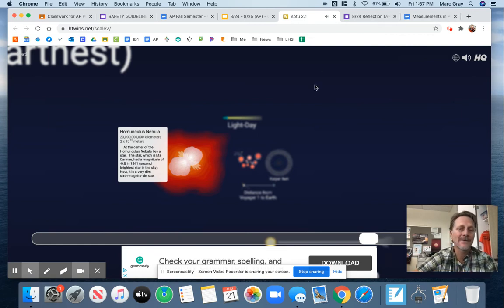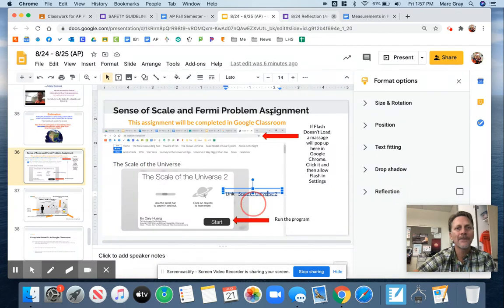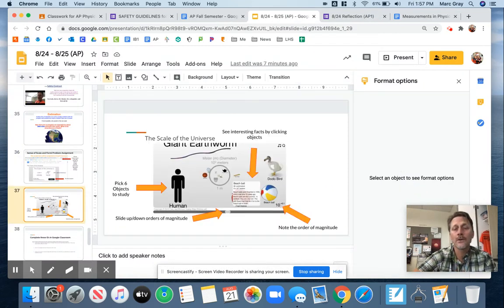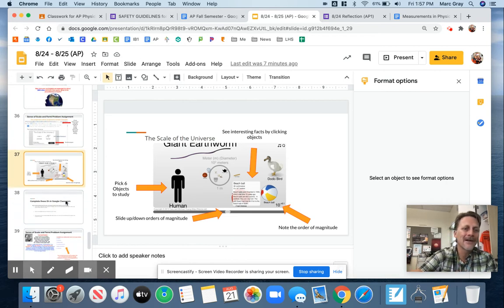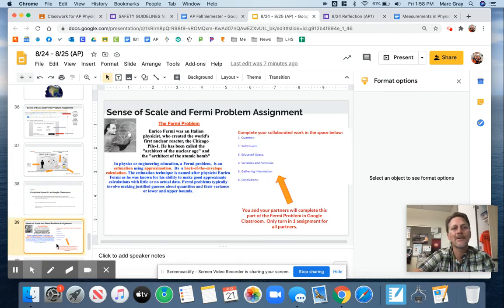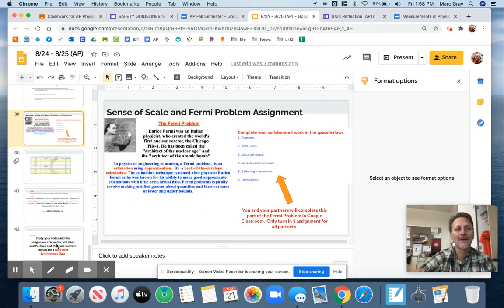So just getting a sense of scale of what's going on in the universe, and then we're going to go from there in this Google Classroom assignment, and you're going to go to the Fermi problem assignment. And this is where you're going to work with your partners. You're going to develop one really interesting question that you could then do some approximations on and go through a process to come up with an educated guess about the answer that you're trying to find. It kind of walks you through this whole process. It's kind of a fun assignment to do with your partners. And that'll be easy. Get that done.